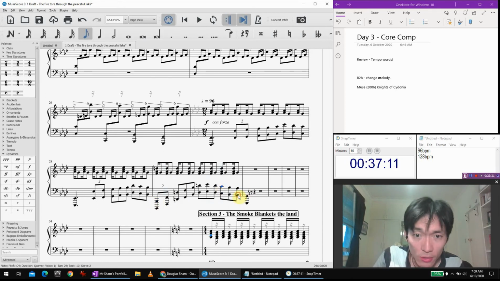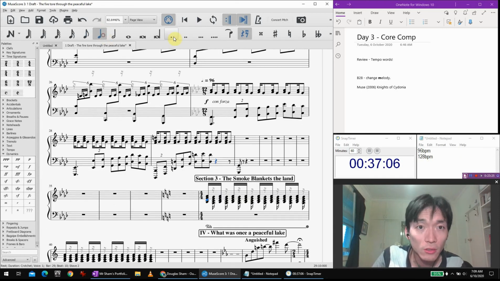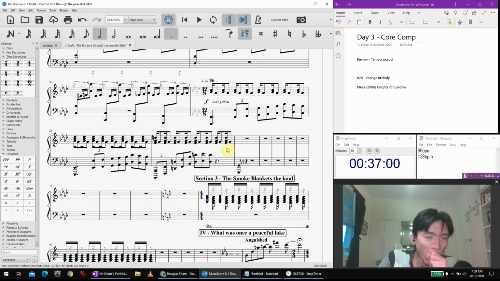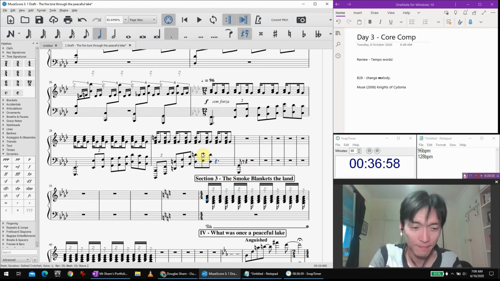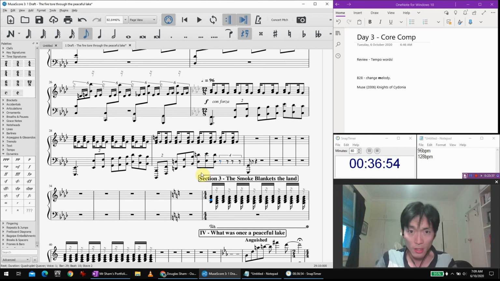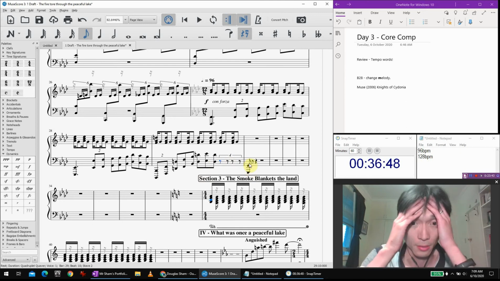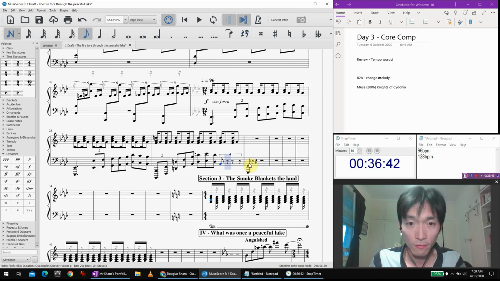Ah, that's right. This was meant to be a quintuplet. Whatever that's called. A quadruplet. Quadruplet. That's the one. There we go. Control 4 is what we want. We want to go from this note to this. Let's go down the arpeggio for now. That's safe.